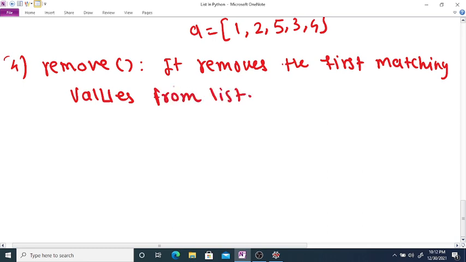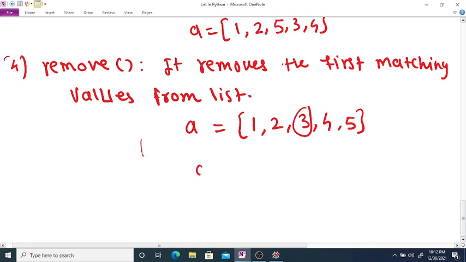That is, if the given element occurs multiple times, then the first occurrence is removed. For example, suppose a is equal to 1 2 3 4 and 5. If you want to remove the element 3, just use the command a dot remove 3, and if you print a, your new list will be modified to 1 2 4 5.